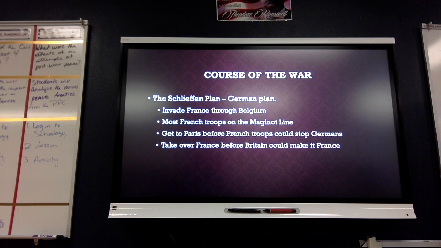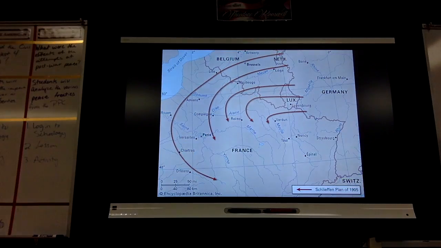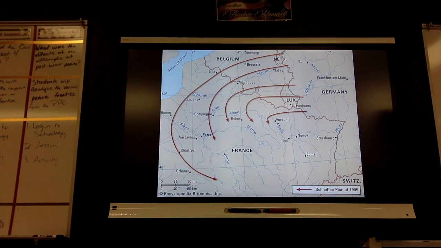That didn't happen. Belgium was prepared and had very well fortified cities, so Germany gets slowed down. They get slowed down to the point that Britain gets there before they could really do anything, and France has enough time to move their troops. I mean, they get pretty close to Paris before they're pushed back, but so here's the Schlieffen Plan on a